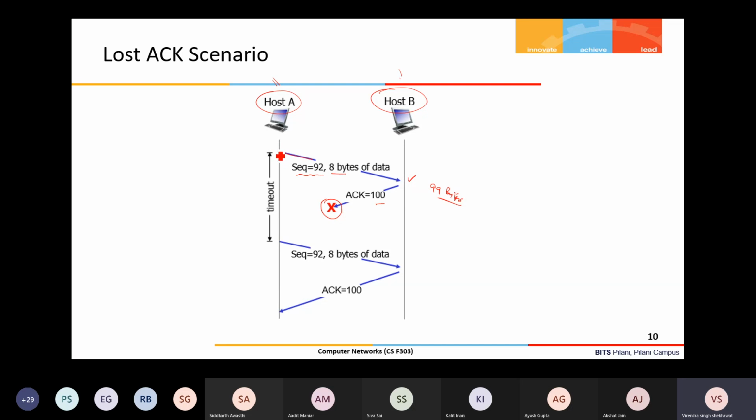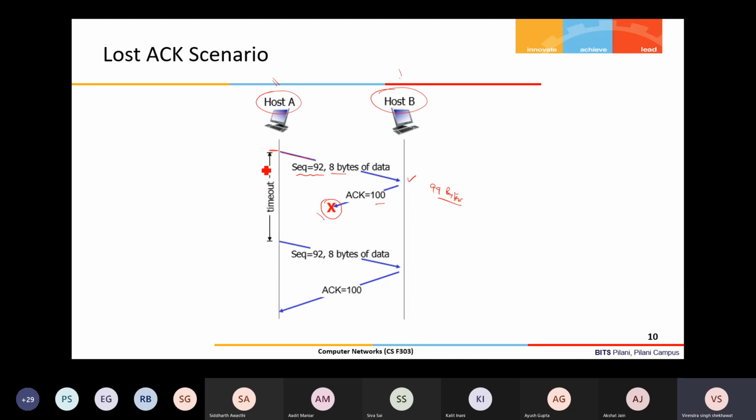And so the TCP, what it will do, once it sends this, this is the only outstanding packet at present, so it will start the timer for that. TCP also uses just one timer, which runs for the oldest outstanding segment. If multiple segments are in flight, then the segment which has been sent first, the oldest segment, the timer will run for the oldest segment only.